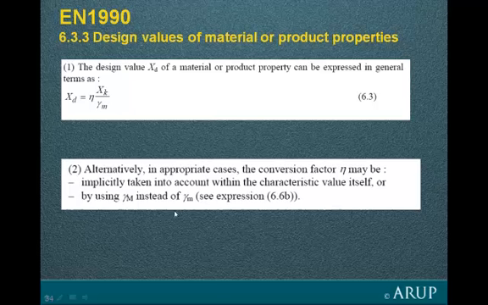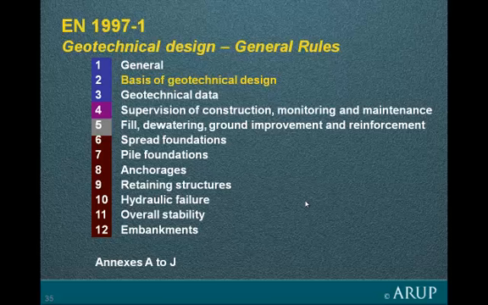But it tells us that in appropriate cases this eta factor, this conversion factor, may be implicitly taken into account in the characteristic value itself or combined into the gamma. And very subtly they change gamma little m to gamma capital M to show that the eta has been combined into it. We'll see what that means for geotechnics in a moment, as we come into basis of geotechnical design